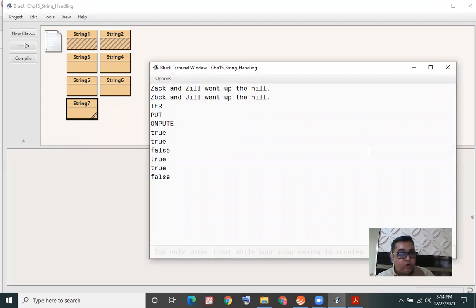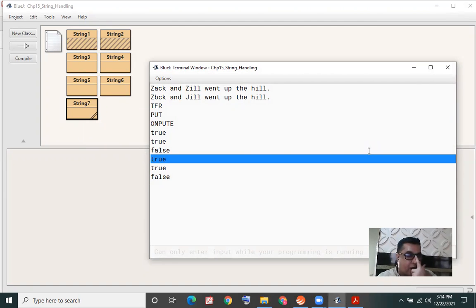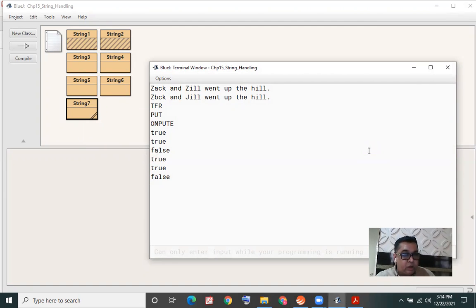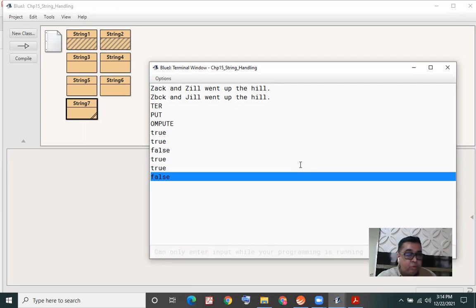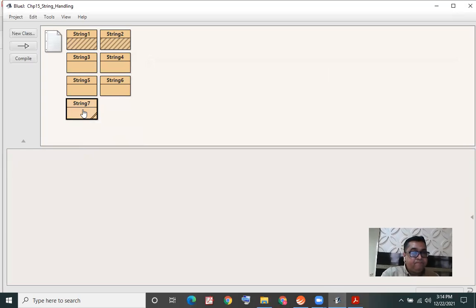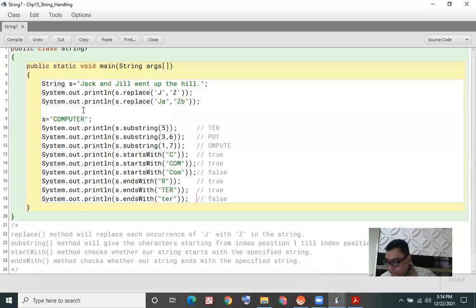We got true for searching for R. Then the outputs for searching for TER in capitals, and then again TER in small letters. Have you understood these methods?